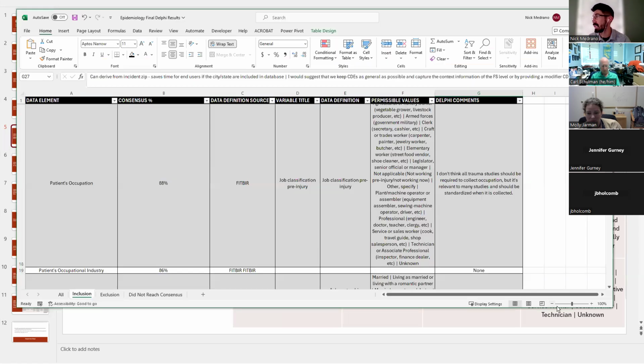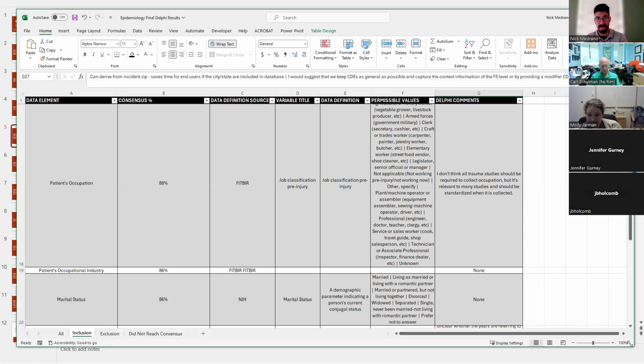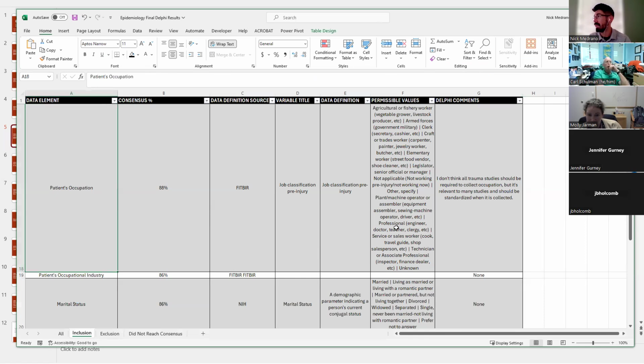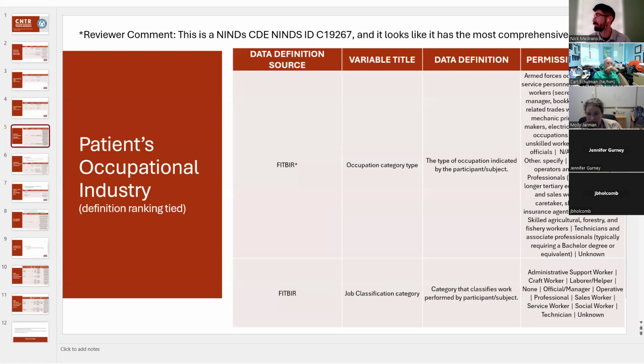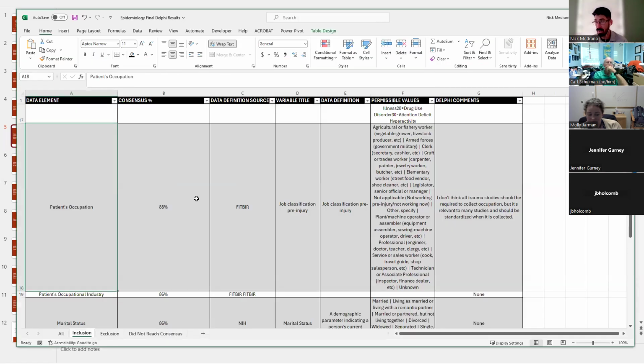This is in the Excel sheet that I sent out. I didn't want to get too deep into this because, as you can imagine how long it's taken to go through these handful, we can't go through every single element. This is the list. So it looks like, let me see, is that actually this one? No, okay. Let me pull this back up. Here is the